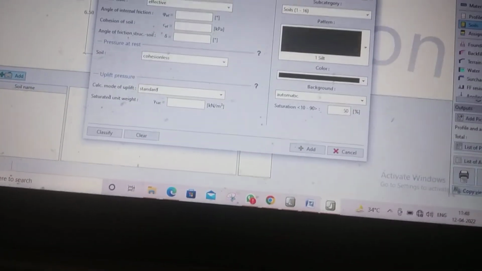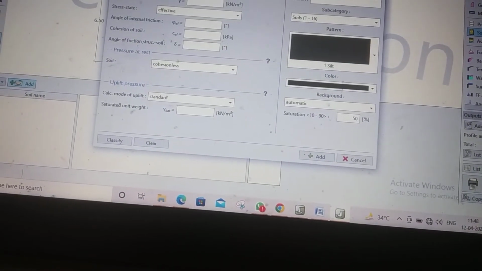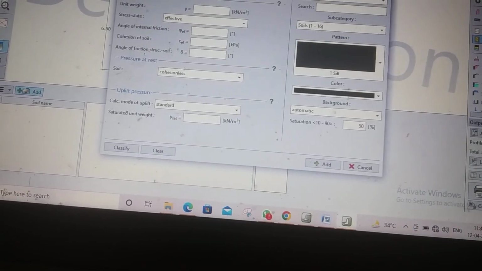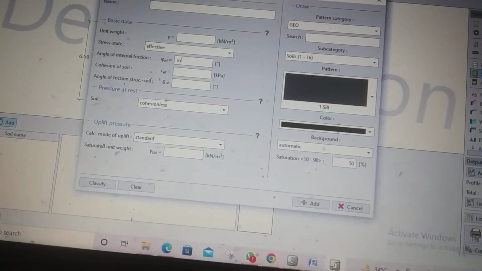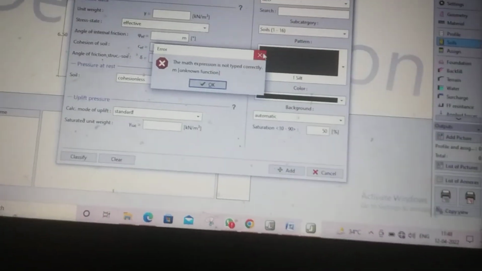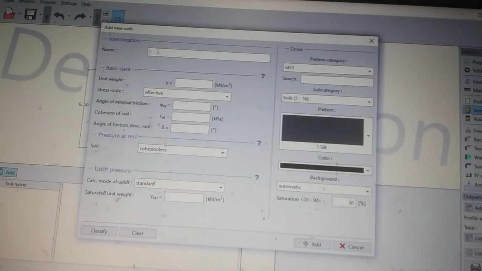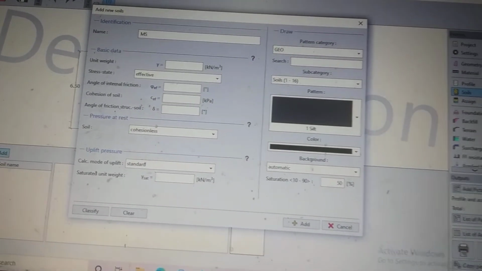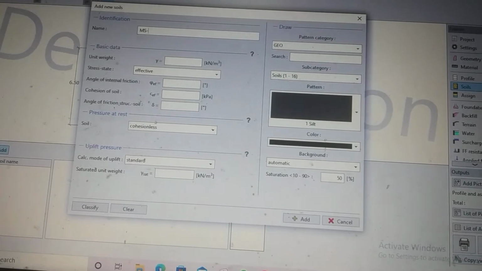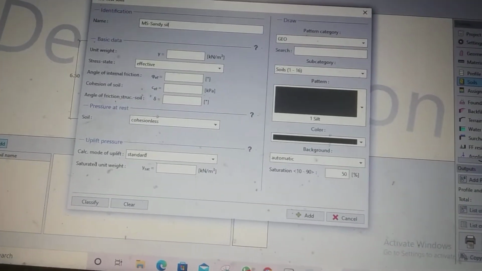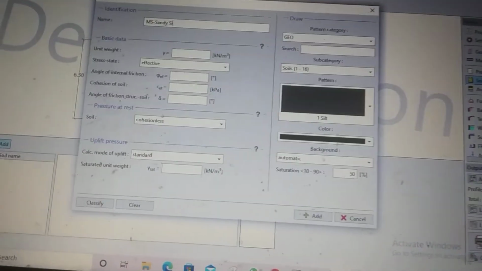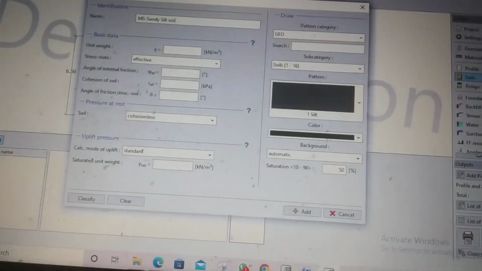So we have to add a type of soil, that is MS soil. We are considering here MS sandy silt soil.